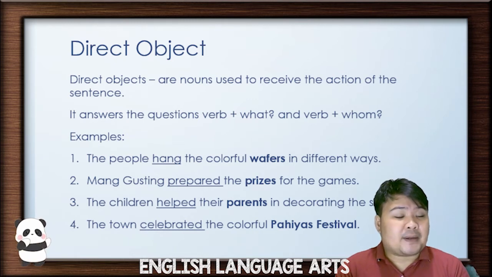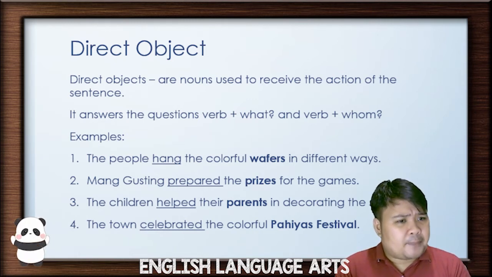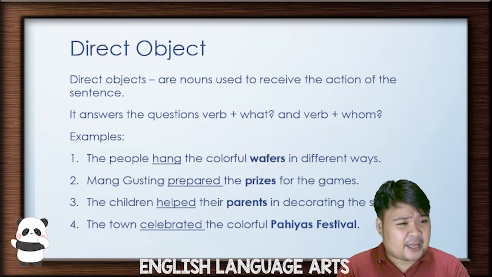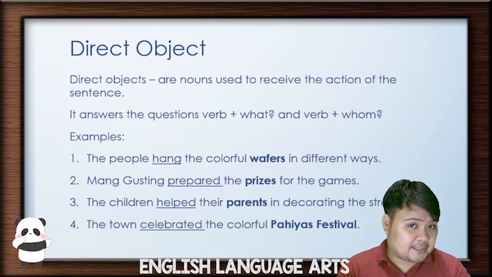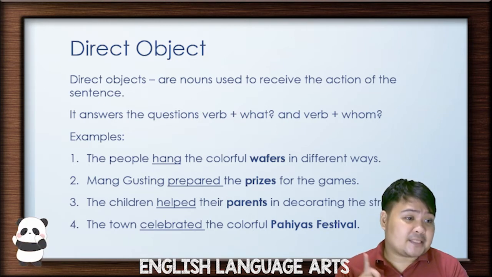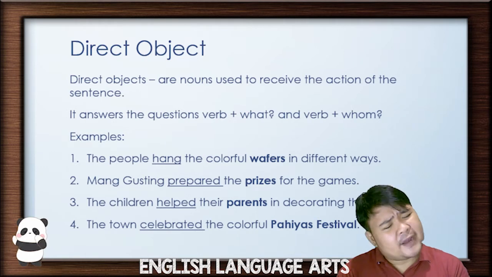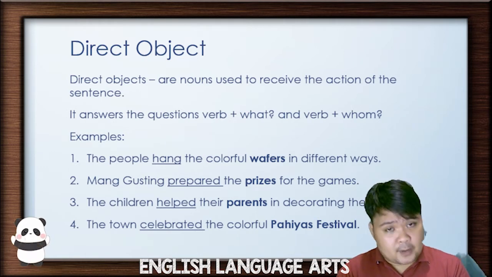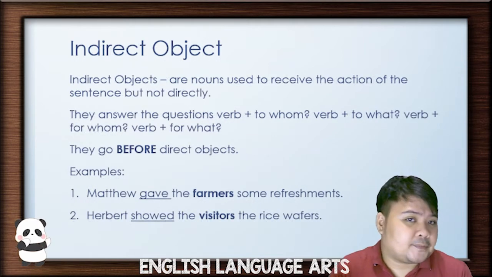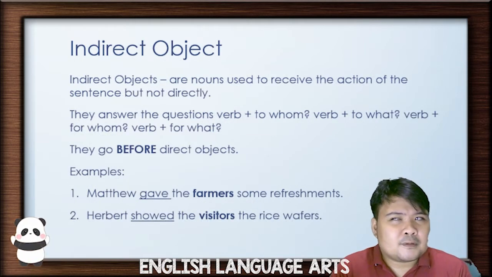2. Mangosteen prepared the prizes for the games. Prepared is your verb. Prepared what? Prizes. Prizes is your DO. Number 3. Help. Help whom? Parents. Parents is your DO. Celebrated what? Number 4. Celebrated Pahiyas Festival. That is your DO. Again, to find your DO, verb plus what? Yes? Next, indirect object on the other hand, these are nouns that